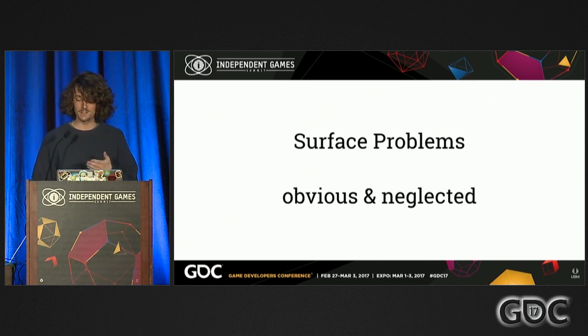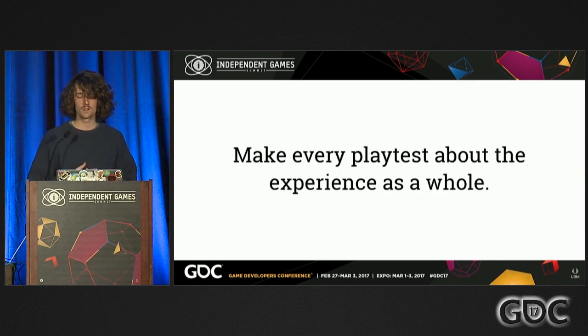And there's actually design things you can do about this. So how to avoid evil data coming from these surface problems? Well, keep looking at the player's experience as a whole. Don't always test with a specific goal or a hypothesis, or subdivide your playtests into groups like concept testing or UI testing or usability testing or level design testing. Playtest so often that you get a lot of data on the whole thing, and it becomes harder to neglect